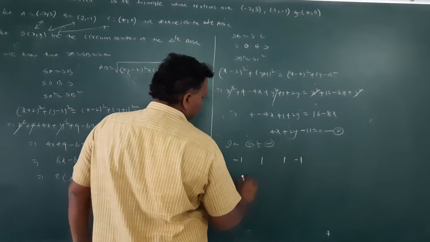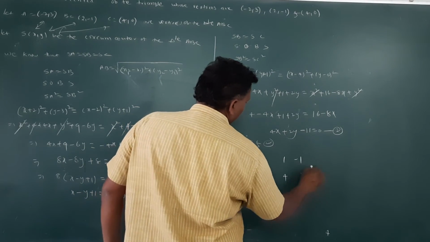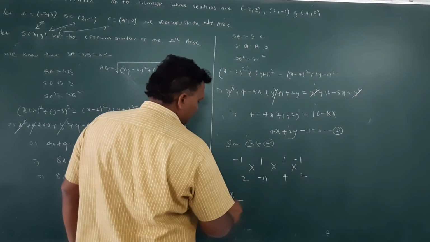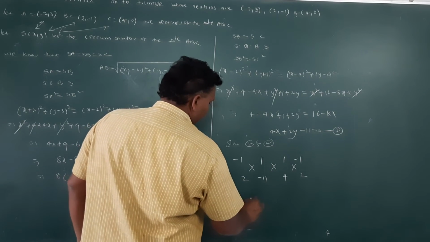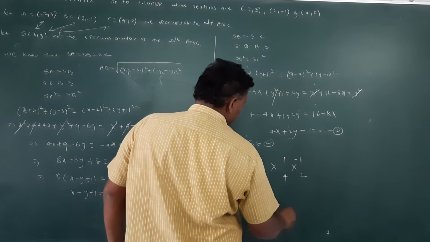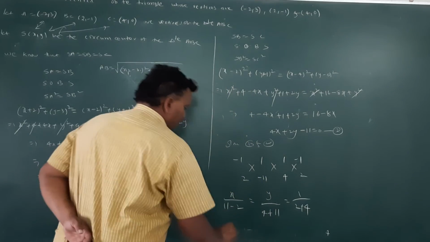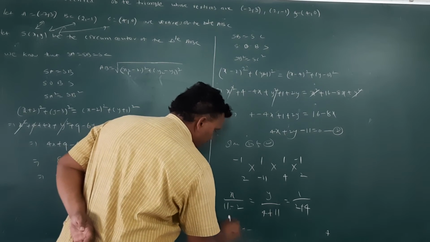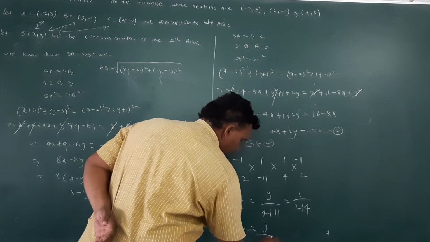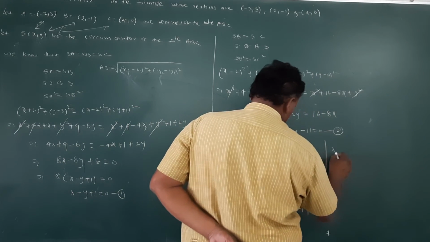Next we write the y coefficient, which is 2. Constant is 11. X coefficient is 4. Y coefficient is 2. x by minus into minus plus 11, that is 11, 2 into minus 1, minus 2. y by 4 into 1, 4, minus into minus plus 11, 1 by 2, minus into minus plus 4 that is 1 by 4. x by 11 minus 2, what is 11 minus 2? 9. y by 4 plus 11 is 15, 1 by 6.